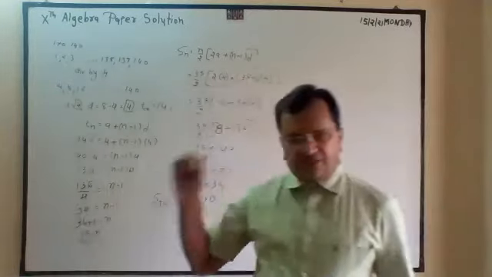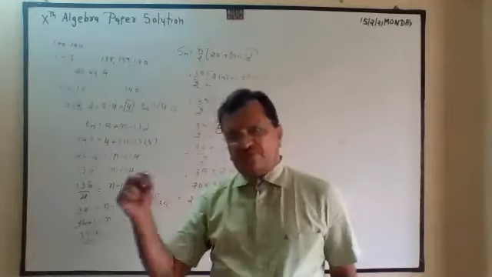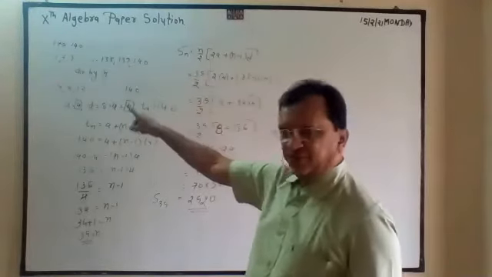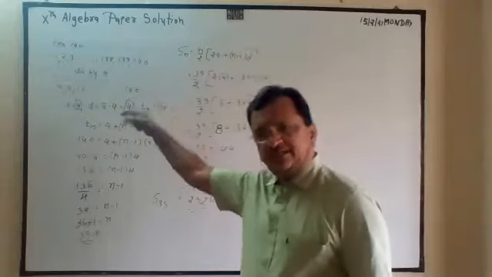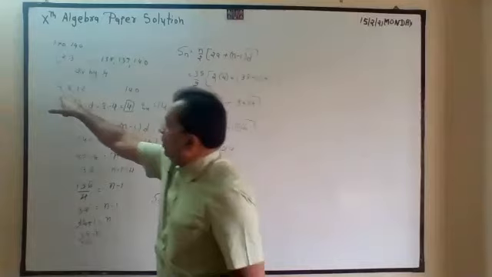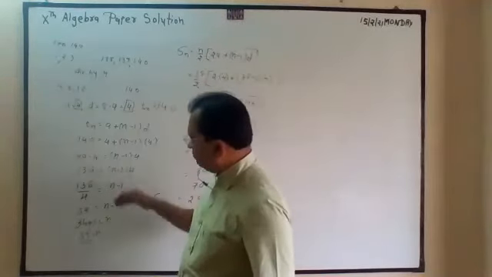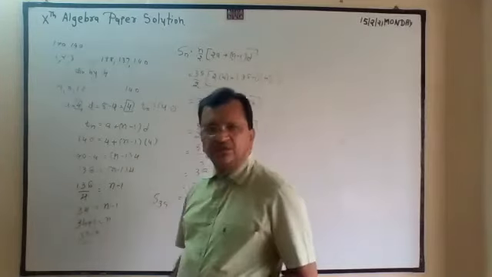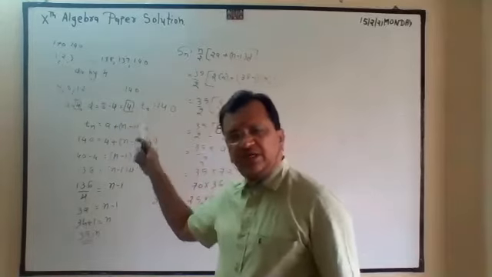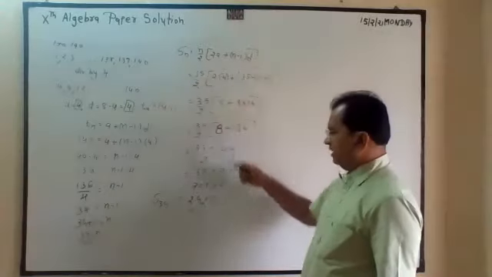So from 1 to 140, first write that series, then write the numbers which are divisible by 4, then you write this. Then find out a, the first term. Second term minus first term, that is the difference. Last term, that is Tn. So 1, 2, 3, 4, how many numbers are divisible by 4? That we got by the Tn value. So n is equal to 35. Now 4 plus 8 plus 12 plus 16 plus 20 and so on plus 136 plus 140.